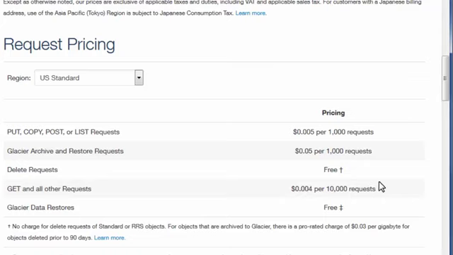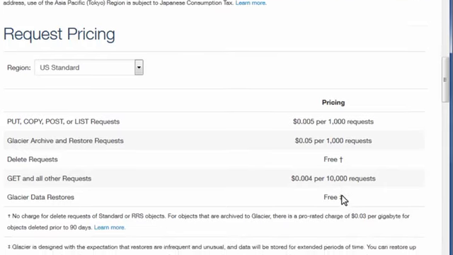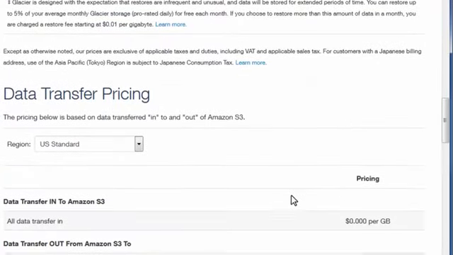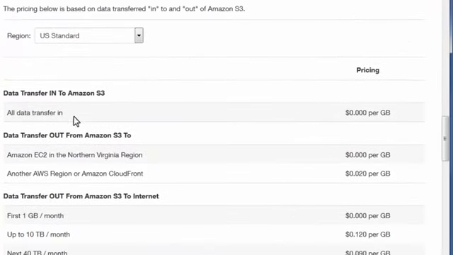And I'm going to show you a copy of last month's bill on one of my accounts to better illustrate this. But again, the request pricing isn't going to amount to a whole lot. Where they are going to get you on the price is the data transfer. Now, you've got the data transfer in, which is basically you uploading stuff. They're not going to charge you at all for that. Upload all you want. Where they are going to charge you is the data transfer out from your S3 account